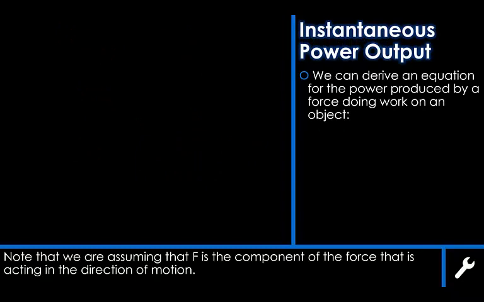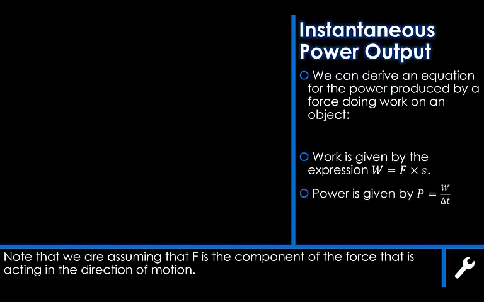For an object that's moving, the power produced, we can derive a second equation for it. Work is given by the expression work is equal to force times displacement, where force is the component of the force in the direction of the displacement, and power is given by work divided by change in time. I'll go back to the power equation. Power is equal to work done over time taken,